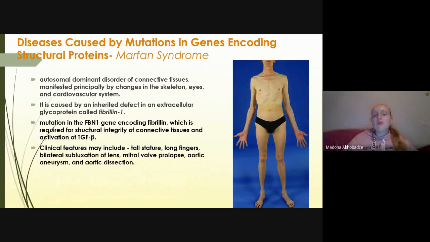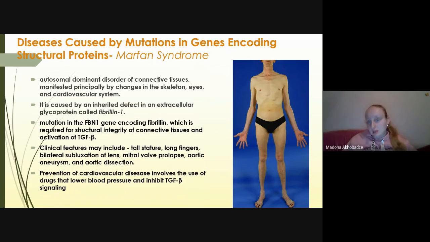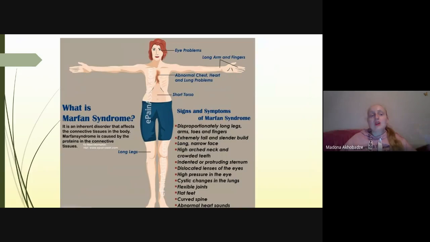Clinical features include tall stature, long fingers, bilateral subluxation of the lens, valvular prolapse, aortic aneurysm, aortic dissection, which are all lethal. See the scar here? This guy has probably undergone surgery because of the heart defect. Okay, and the arms and the legs are very, very long and thin here. And this is a typical clinical feature. They've got eye problems, long fingers, chest, heart and lung problems. They've got a short torso, but